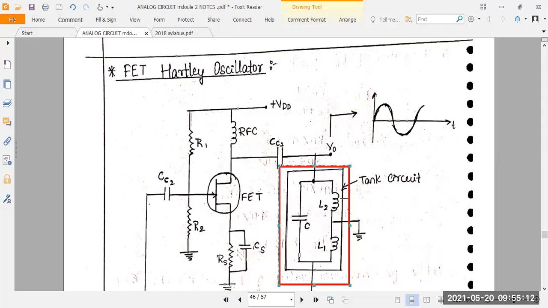Okay, after discharging, again these two inductances can store the energy from the output voltage. Then the capacitor starts charging here. Understood? So what is the capacitor working here? Charging and discharging. Okay, charging means we want to take the signal from the energy stored here. Then the capacitor starts discharging through the L1 and L2 ground connection. Understood? So this is the operation of the inductance and capacitance here.